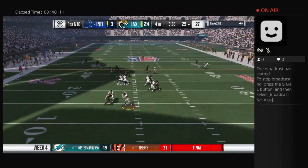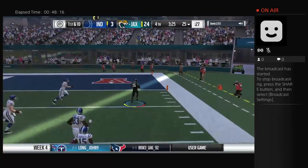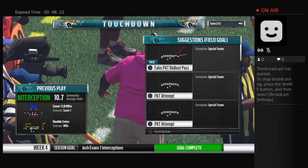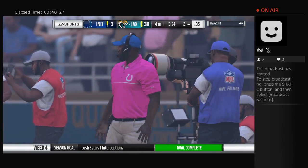Trying to shake off the interception from the last. And his pass is intercepted for the 4th time today. And he will take this one home. It's a touchdown. And on that one with 6 defensive backs, did he need to be more careful throwing the football? I mean, I guess obviously in hindsight he did, but...